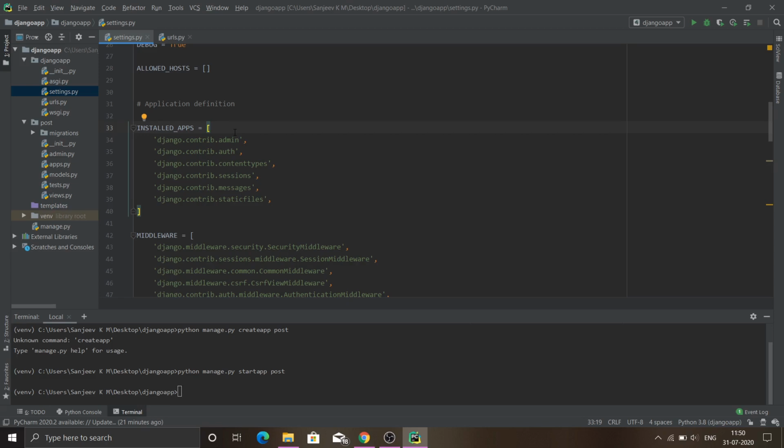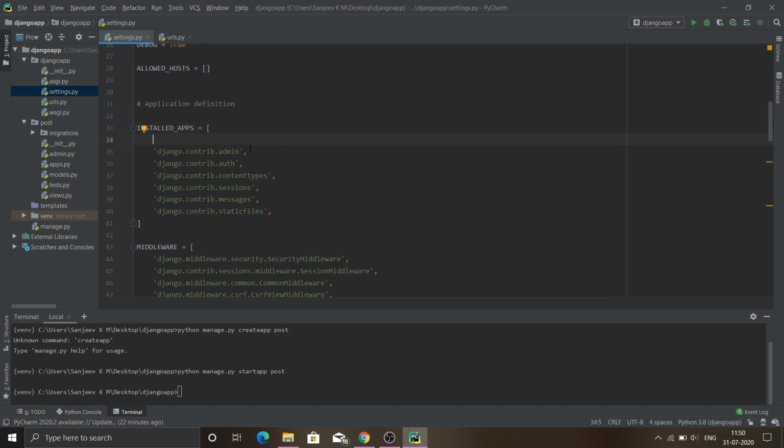So we need to register our application in the settings.py file under installed apps. As we have created our post app, we need to provide Django the information that we have installed this post app, and we are going to use it in our Django project.